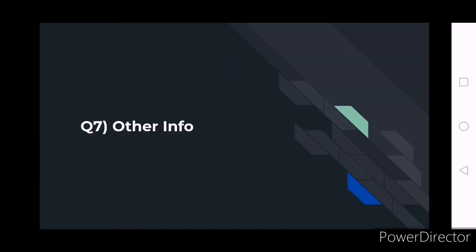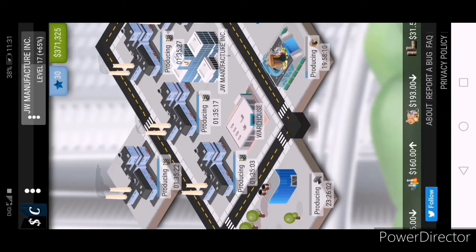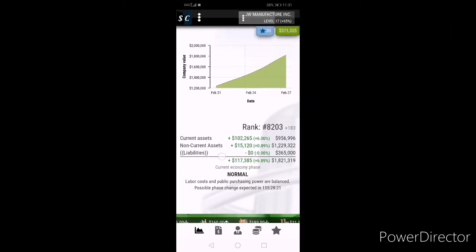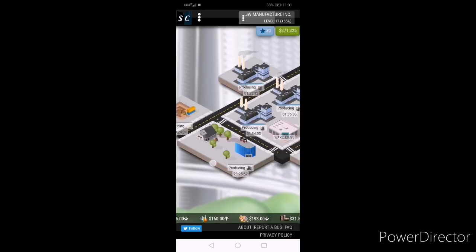Now, let's go to the last question. Other info. For other information, you can check your labor costs, production, economy phase. Economy phase you can check in your headquarters, it will tell you, and possible phase changes, in what time and what time.